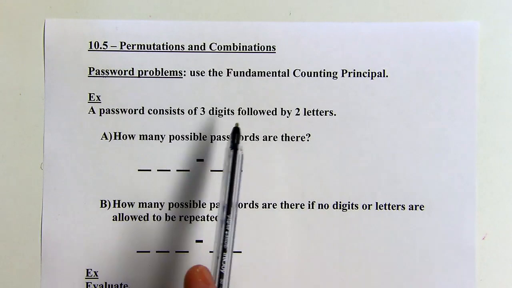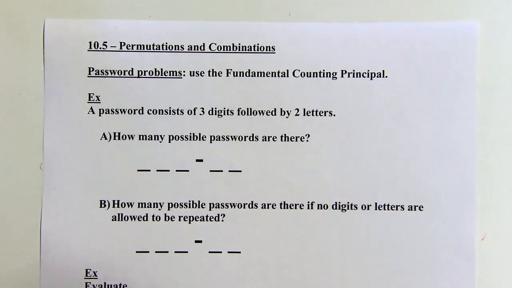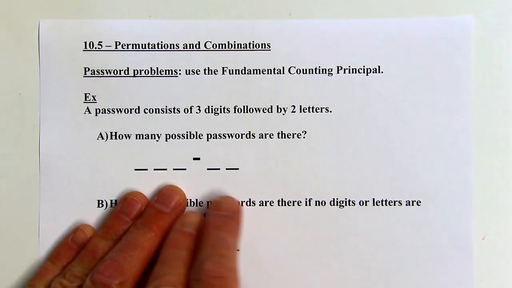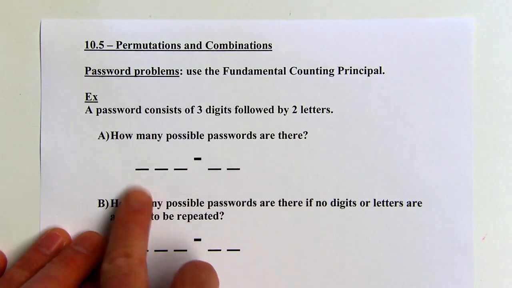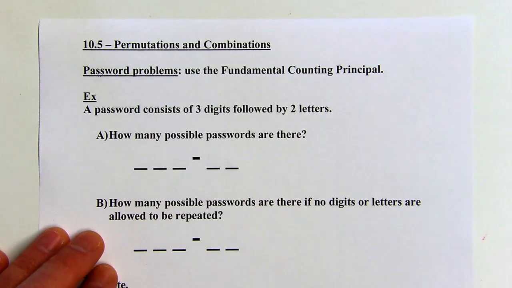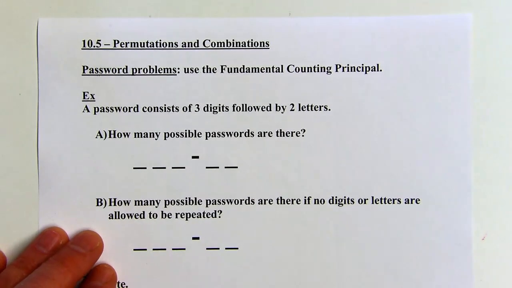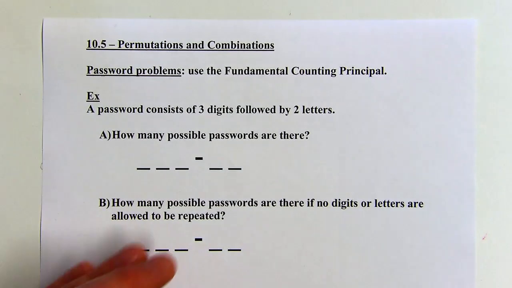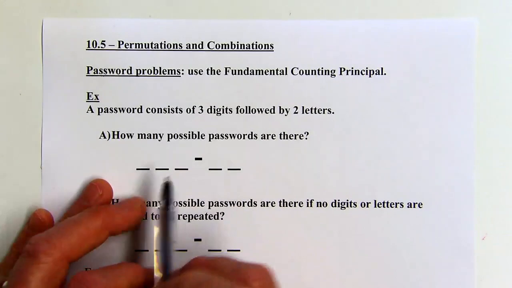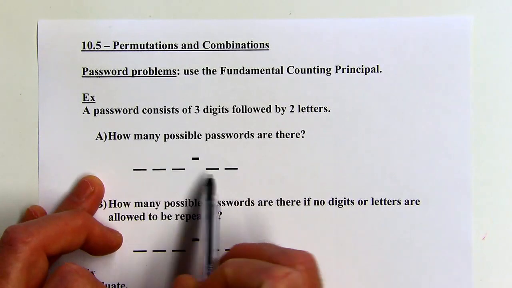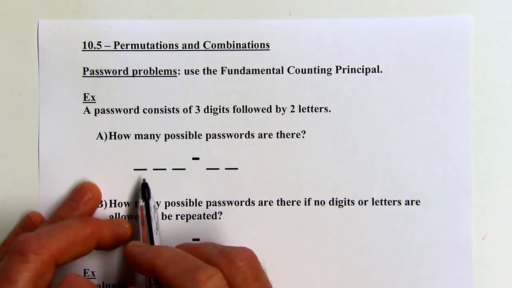So a password consists of 3 digits followed by 2 letters. So first I like to just kind of set up a skeleton of what the password would look like. So these would be the digits, those would be the letters, okay? And I just add a dash to separate them. What I like to do is think about each blank as kind of a category, and using the fundamental counting